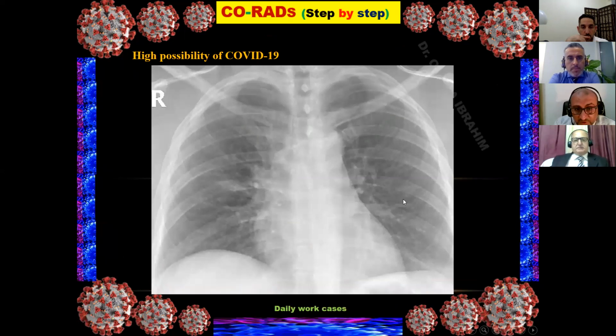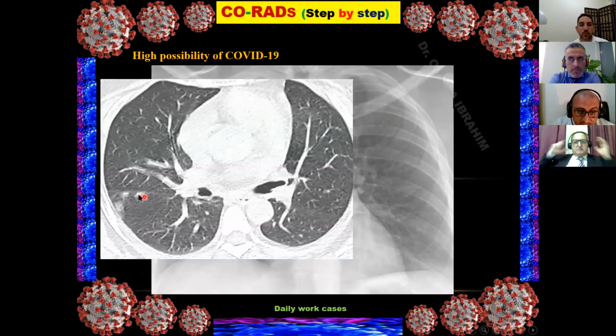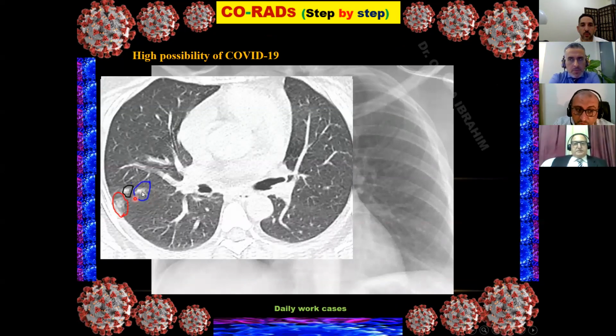This is a frontal chest radiograph for a symptomatic patient, and there are subtle findings like this opacity, and the peripheral regions can also show some opacities. These findings are subtle in the frontal chest radiograph, as we see, and HRCT is recommended. HRCT confirmed the presence of multiple pulmonary nodules, which is called the halo sign, like this one. And the presence of halo signs, actually I face a lot of cases with this finding only,